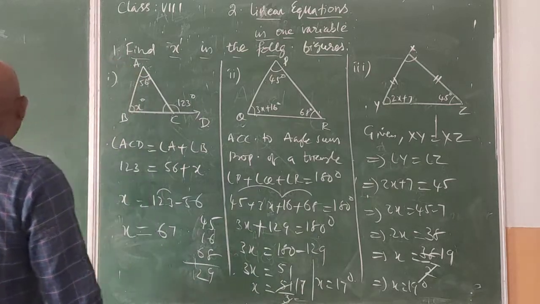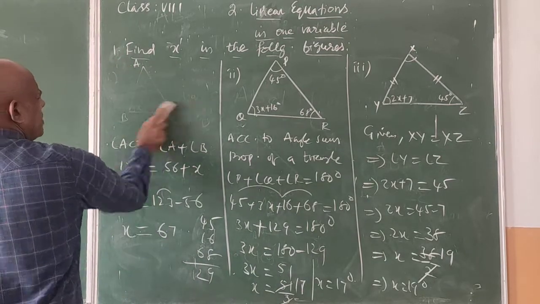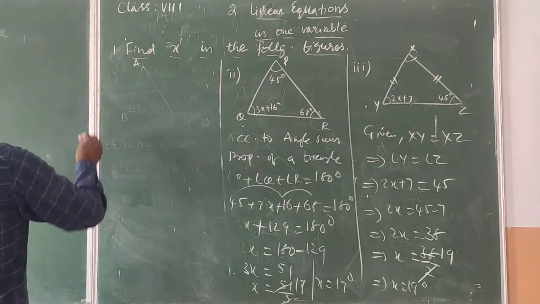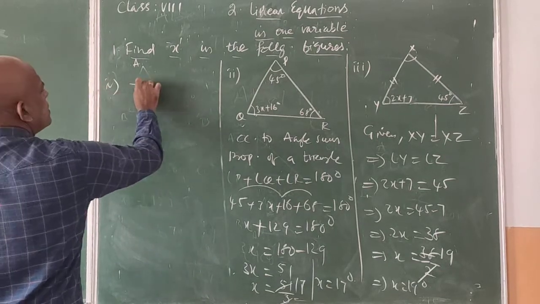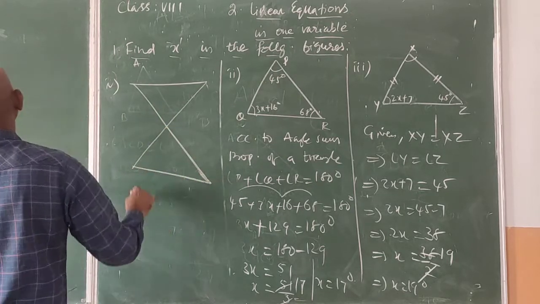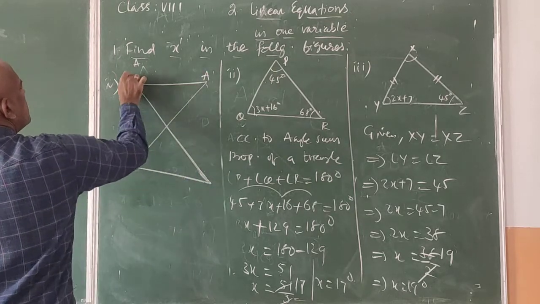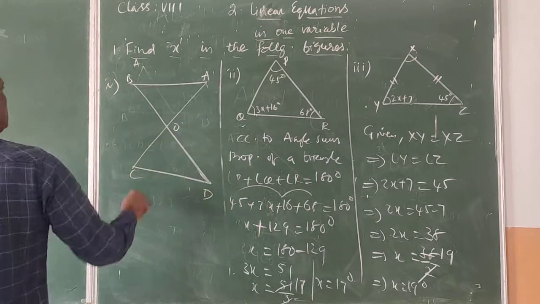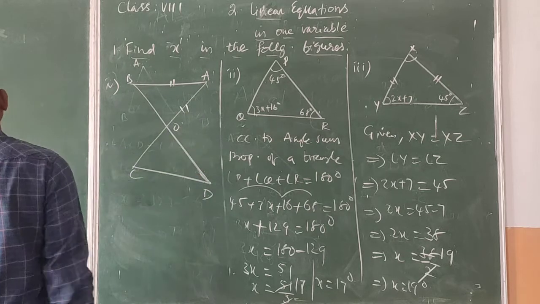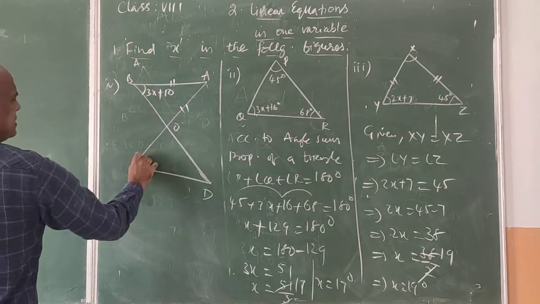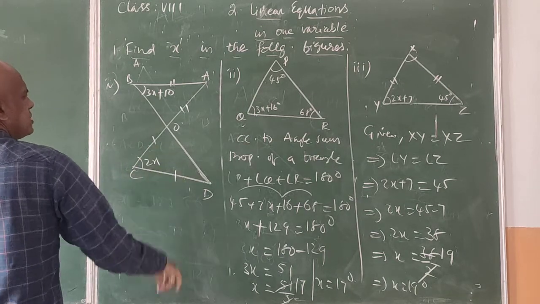Let us go for one more problem, a typical problem. I am going to draw the fourth one. This is somewhat different. Say this is A, B, this is O, this is C, this is D, and in this figure these two sides are equal, this angle is 3x plus 10, this is 2x, and these both sides are equal.